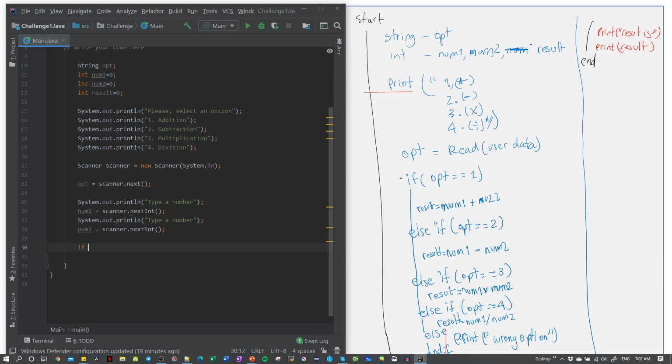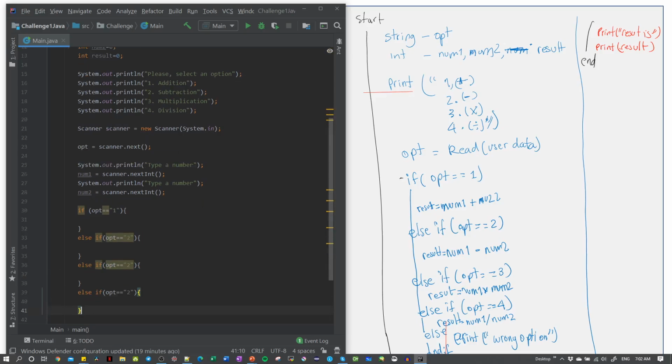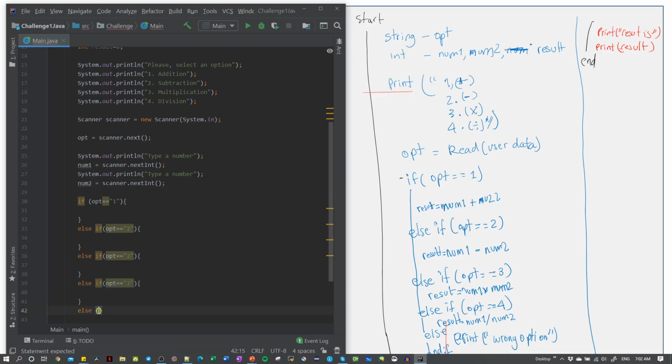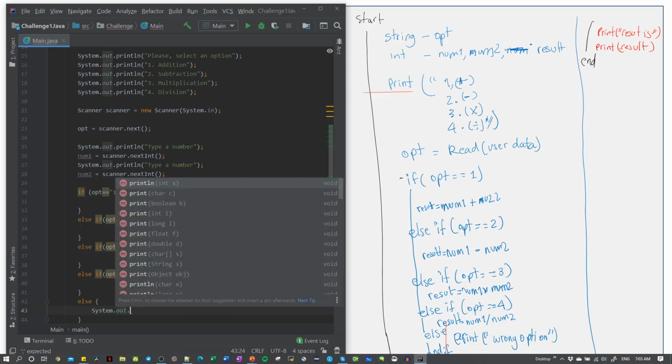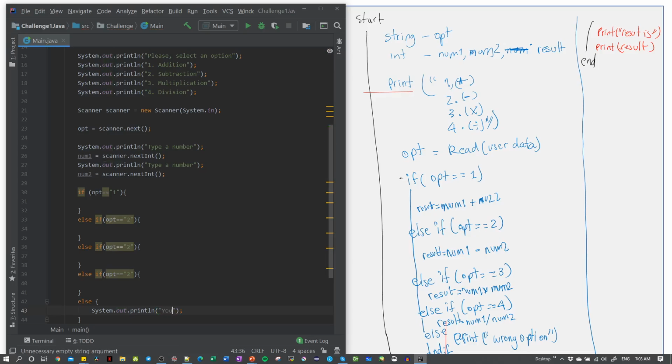Now if option is equal to 1, do this, else if option equal to 2, then 3, 4, and any other conditional. So system out again to type something, you have selected a wrong option,